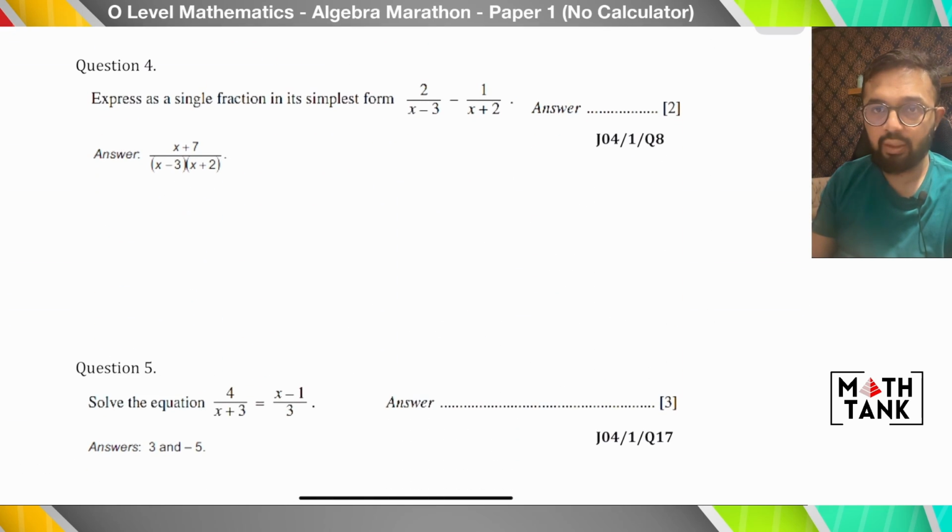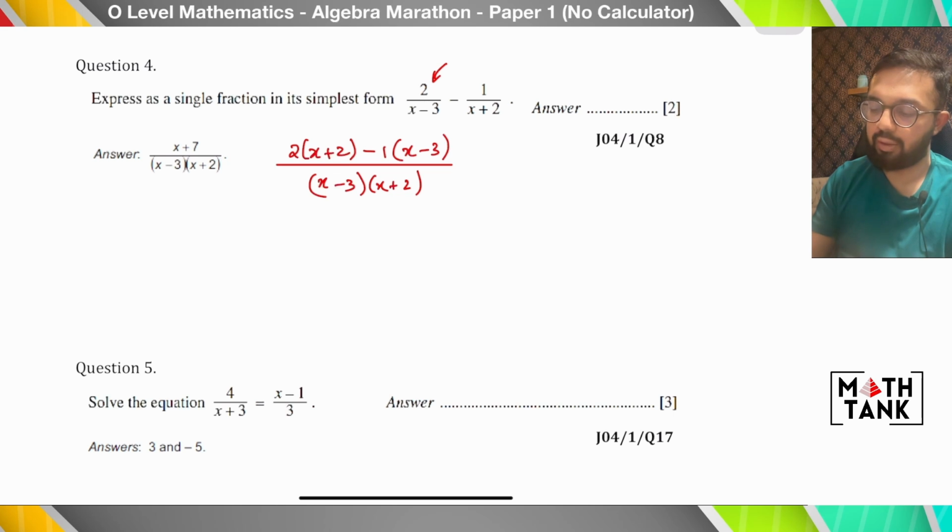Okay, question number 4 says express as a single fraction in its simplest form. So I need to take a common denominator in this case. I'm going to say that the common denominator is x minus 3 into x plus 2, both the brackets multiplied together. Now this 2 is going to get multiplied with whatever was absent in the denominator. I'm going to say that x plus 2 is absent in the denominator, and 1 is going to get multiplied with x minus 3 because x minus 3 was absent from its denominator. So I get 2x plus 4 minus x plus 3,